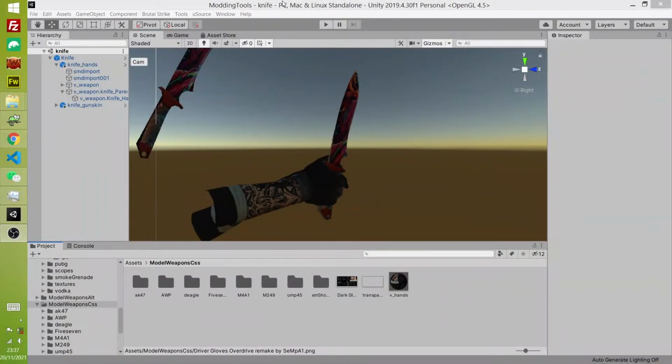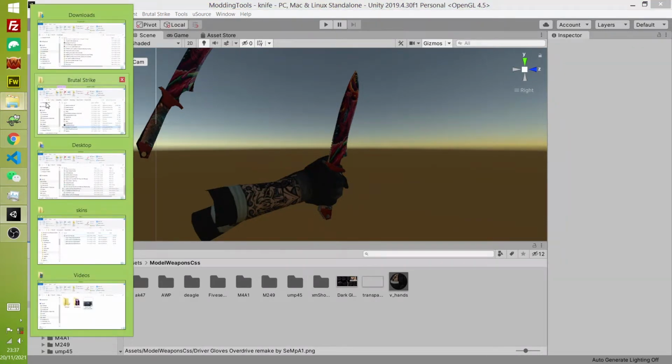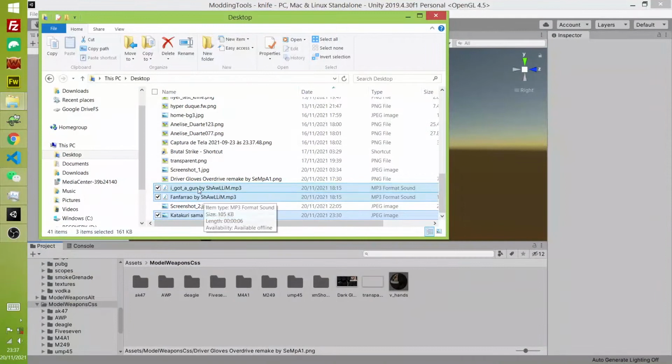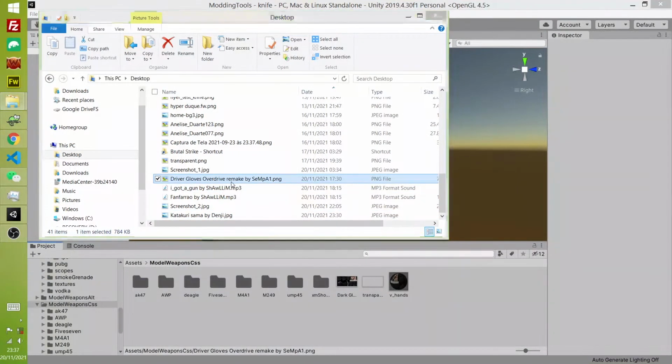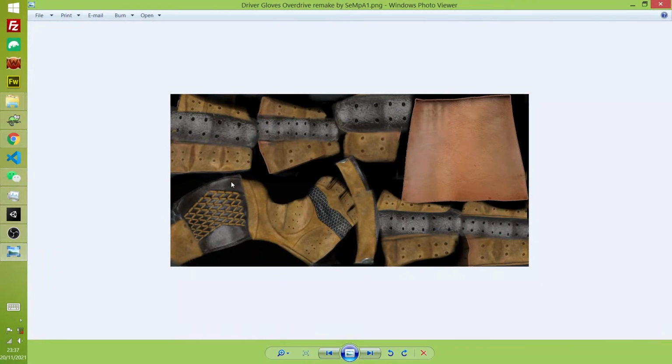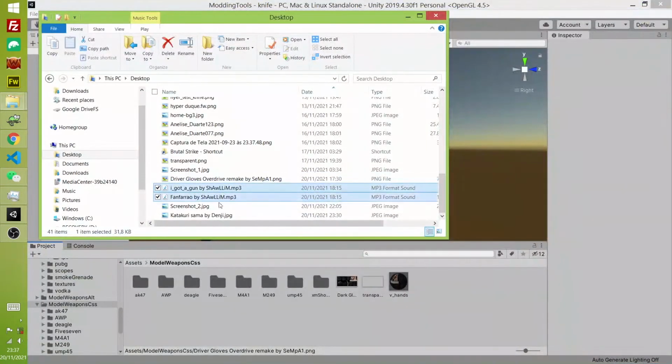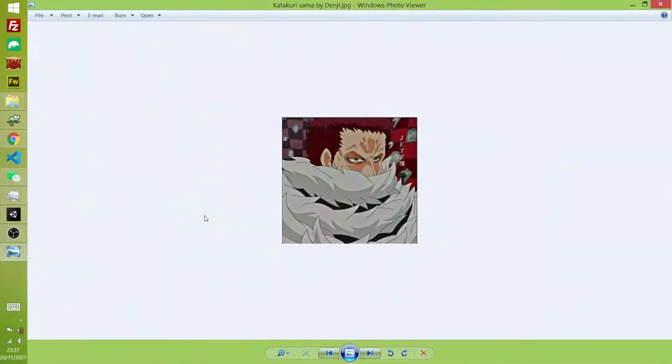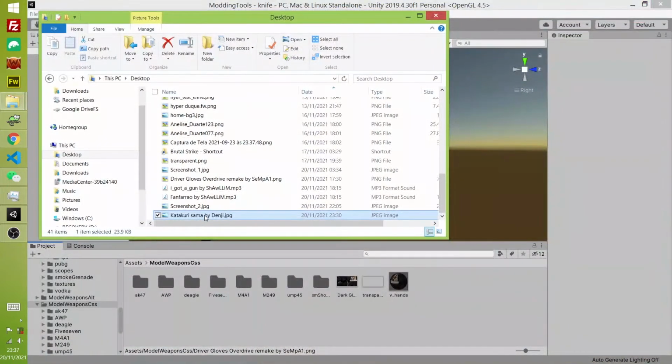Hello everybody, I'm gonna show you how to add a glove skin, a spray image and an audio. I have my Unity opened here and the first thing I'm gonna do is to import all the files that I have. And I have a glove here. Let me show you. This is a glove texture. I have two empty MP3 files and I have an image here to become a spray image. What I'm going to do is to select them all and import to my Unity.